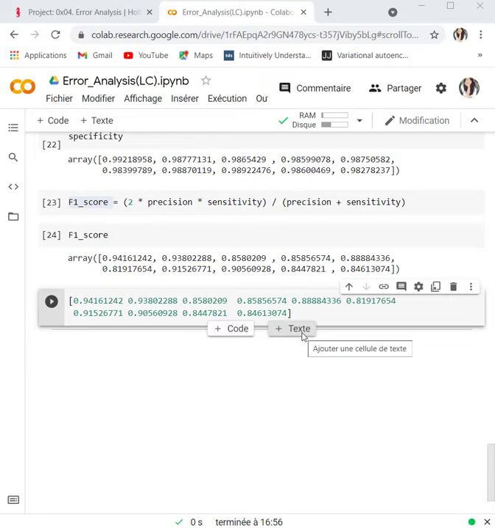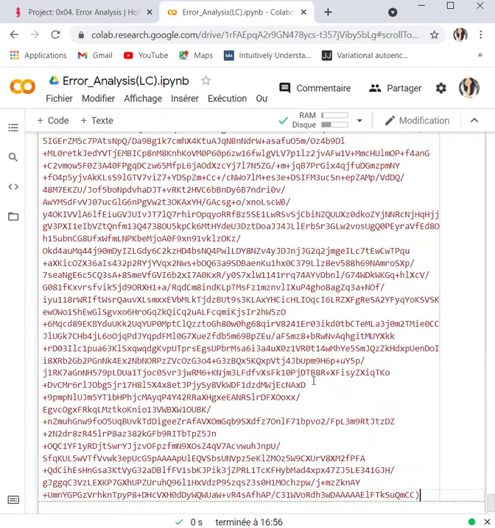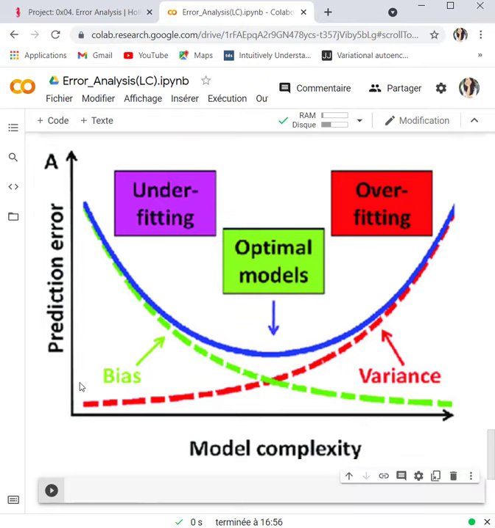So now after this measurement of these errors, how can we deal with them? How can we correct these errors? Let's discuss this. This is the prediction error and this is the model complexity. If in your model you have a big error in your training set, so after training your error or your loss is really big, then you should know that you have a high bias. High bias means that you have underfitting.